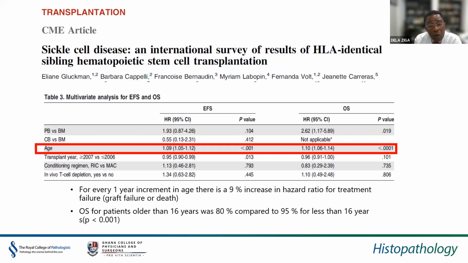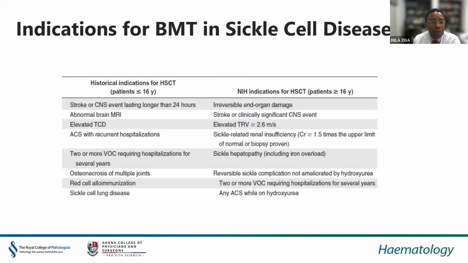And that's all to stress the point that when we decide to do transplant, once we have a patient that is eligible, we need to proceed quickly before they develop organ dysfunction. The indications for transplant, therefore, in sickle cell disease are stroke, abnormal MRI, elevated transcranial Doppler, acute chest syndrome with